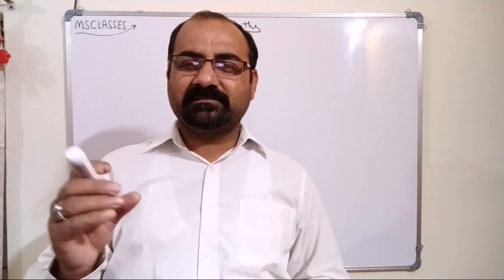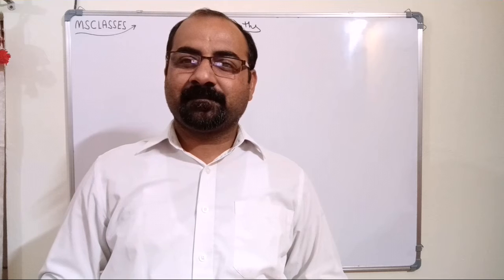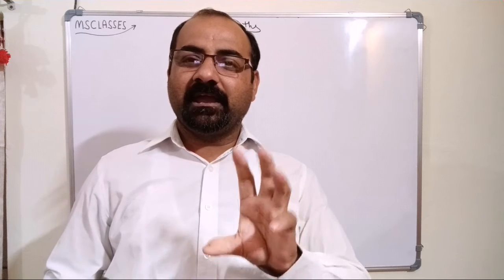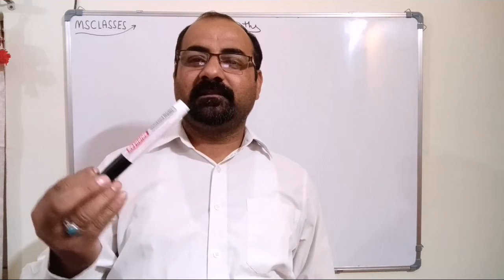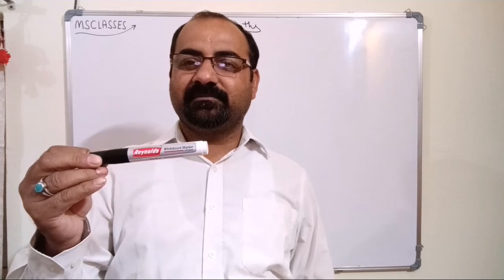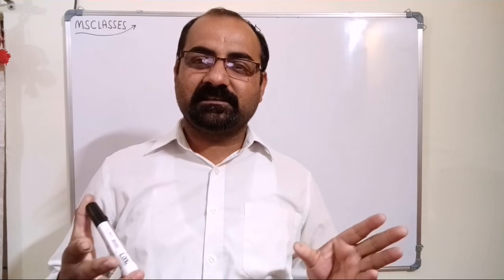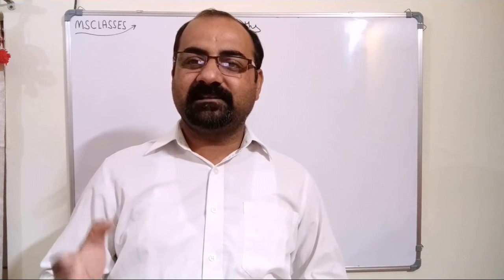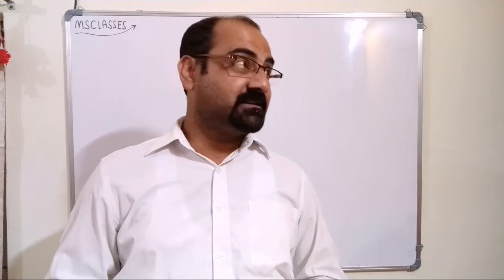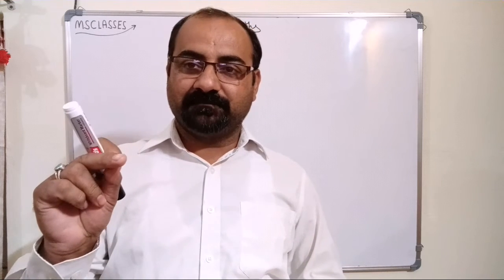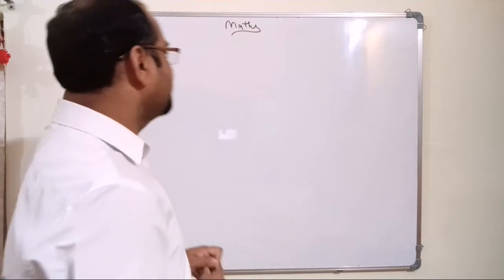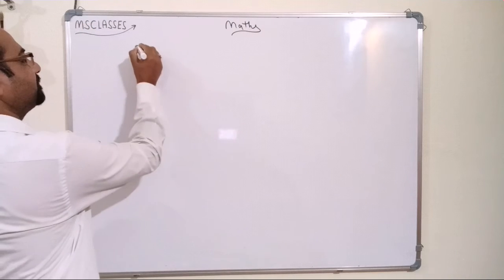So guys, a very simple example of three dimensions: this is a pen, this is a three-dimensional shape. Your book is a three-dimensional shape. A bundle of books is a three-dimensional shape. These examples have three sides: length, breadth and height. So guys, today we will discuss with one example. Okay, so let us come to three-dimensional shapes.